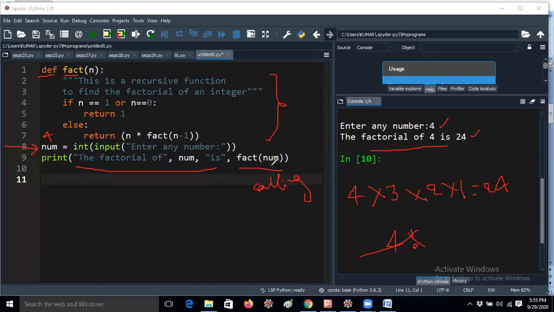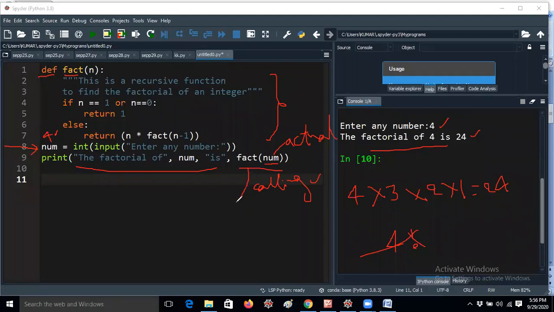Here, whenever I am giving fact of num, this num is an actual parameter or actual argument. I already told you guys, this is a calling function. The arguments which are passed at the calling function are called actual arguments. Now num is 4. Fact of 4 will call this method.